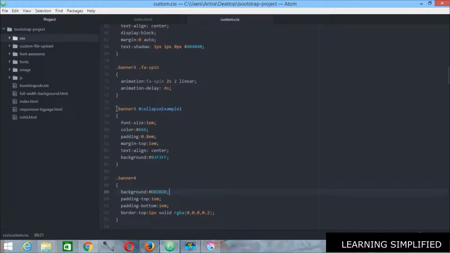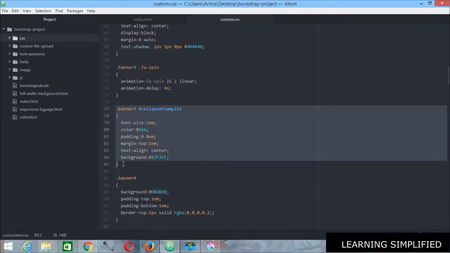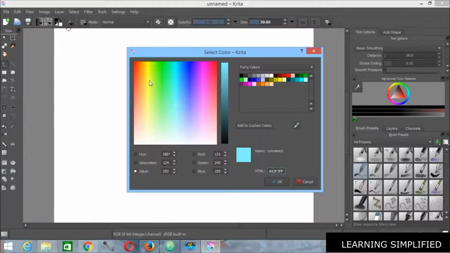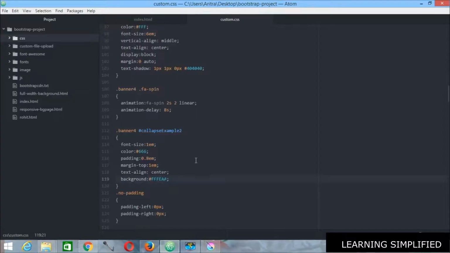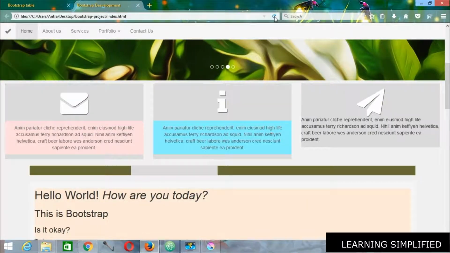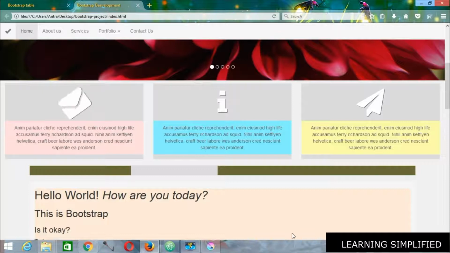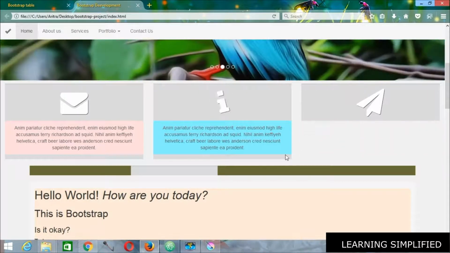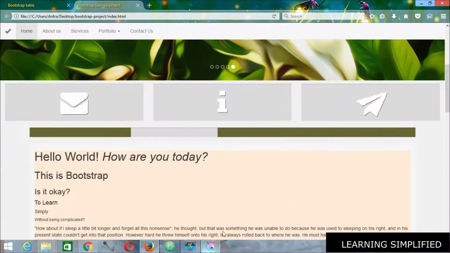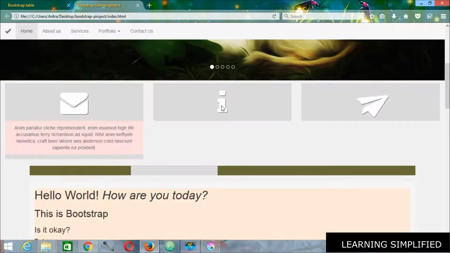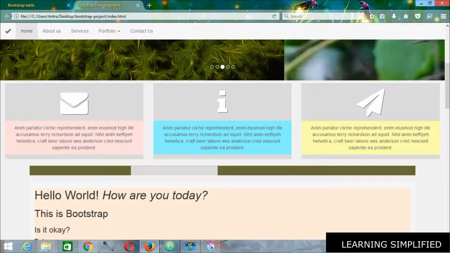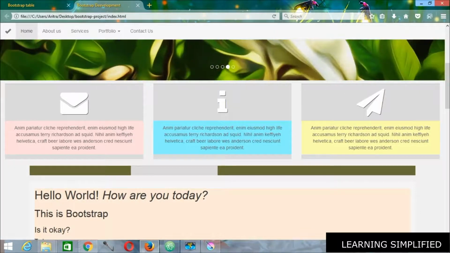In the same manner, for this last part, we need to copy this thing, banner 4, paste it. Okay, now we are all set to go. Press Ctrl S, get back to your project and reload, and now you can see that everything is working perfectly. Now if you click here, you may see that everything is ascending or descending. That means those are toggling their contents on clicking those particular icons.